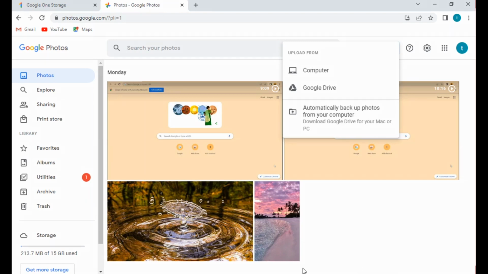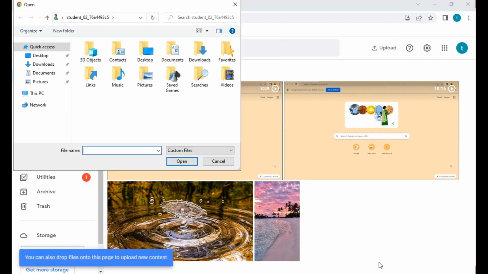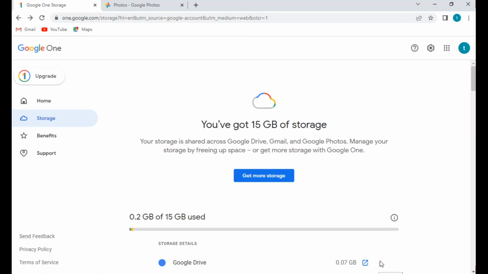Now we open computer. If your photo is on your computer, then you open this. If your photo is already uploaded on Drive, then you open this folder. Okay, I open my computer. Now we upload my photo.